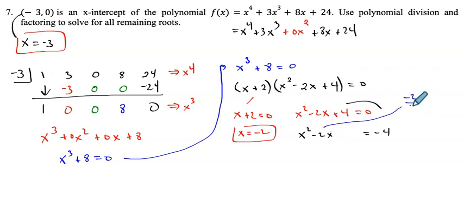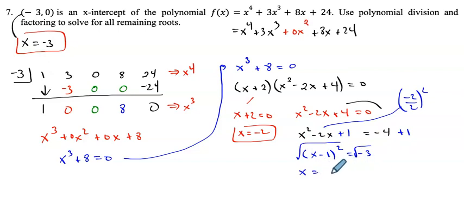So I'm going to take -2, divide by 2, and square it. So that's plus 1. And then I'm going to add 1 here. And now I can do x minus 1 squared equals -3. Square root both sides. X equals, just joking,